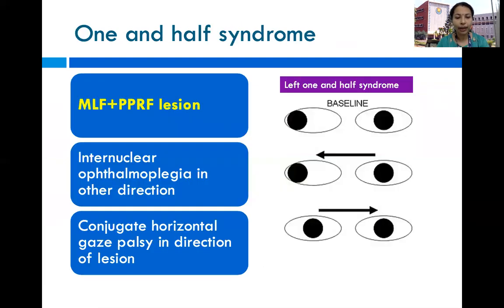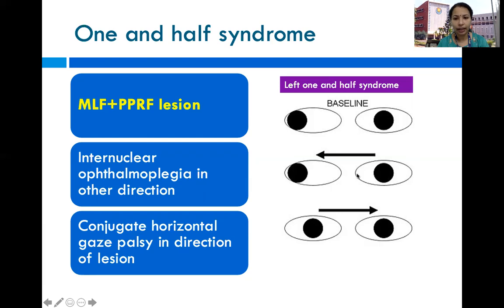When there is a combined lesion of the medial longitudinal fasciculus and parapontine reticular formation, the condition is known as 1.5 syndrome, where there is internuclear ophthalmoplegia in the other direction and conjugate horizontal gaze palsy in the direction of the lesion. For example, you can see here in this picture, there is a left 1.5 syndrome where the left eye does not adduct